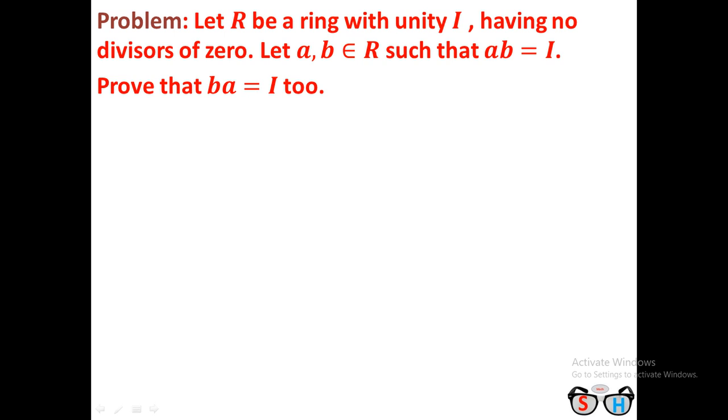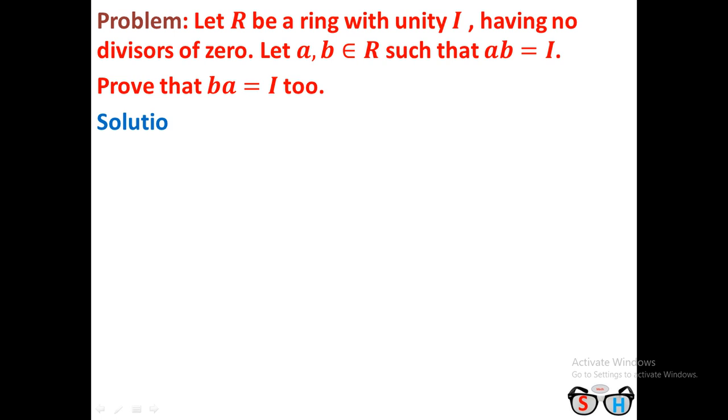The ring contains no divisor of 0 means if the multiplication of two elements is 0, then at least one of the elements must be 0. So if A·B equal to 0, then it always implies that either A equal to 0 or B equal to 0. But if R contains divisors of 0, then if the multiplication of two elements is 0, both the elements may be non-zero. For example, in Z6 under plus and dot, 3 bar and 4 bar are both non-zero elements, but their product is the 0 element. However, when the ring contains no divisor of 0, then A·B equal to 0 always implies that either A equal to 0 or B equal to 0.